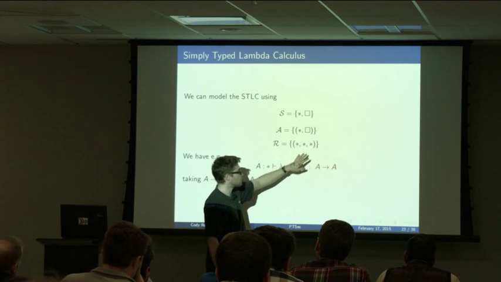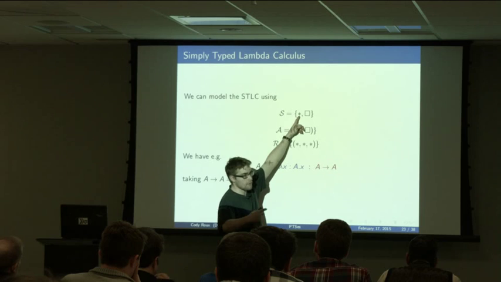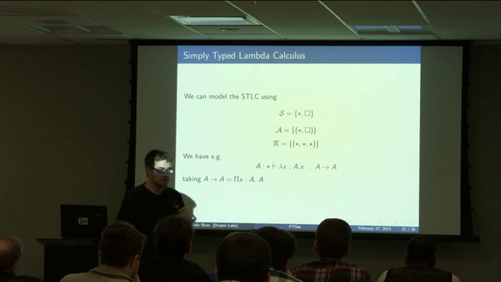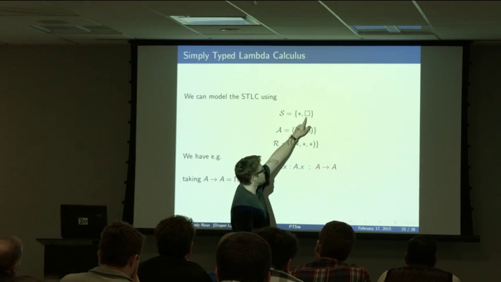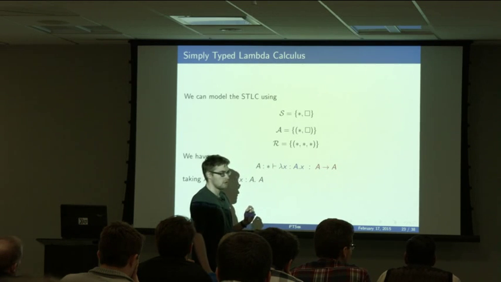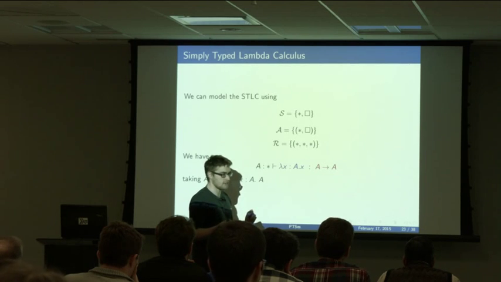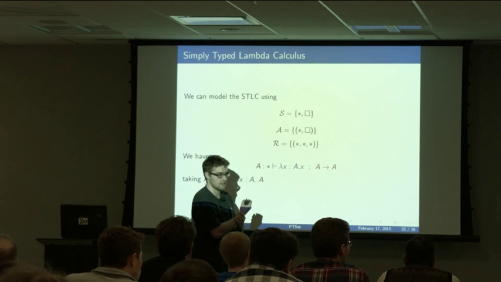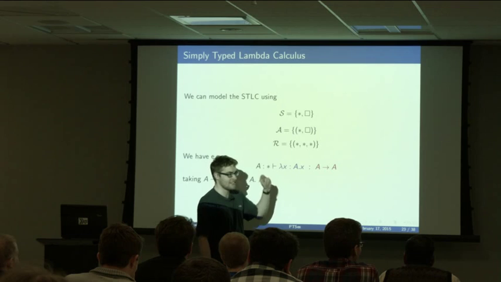Simply typed lambda calculus is a programming language, and it emerges from this framework if you give it these sorts, axioms, and rules. So the sorts are star, which is the type of all types, and square, which is a little bit weird because you don't usually see it in Haskell, and it's just the type of star. You can actually have them show up every once in a while. So if you do -x polykinds, do you actually see a box? You will see. How do they phrase it? They show it all uppercase. It's like capital box. Ah, that's hilarious. So you will see it every once in a blue moon.